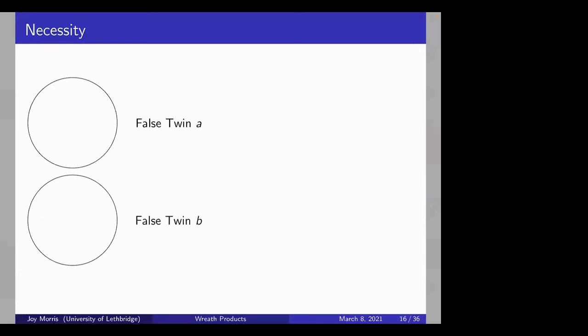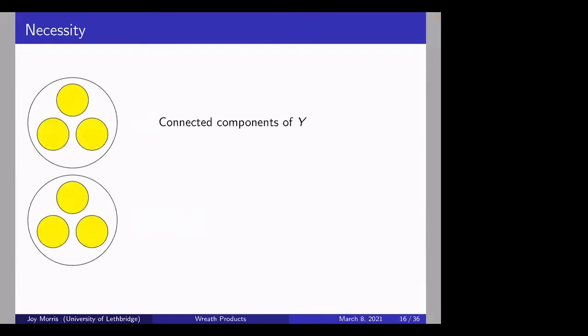And as usual in the lexicographic product, I'm going to replace each of these vertices with copies of Y. So here are some copies of Y. And remember, Y, I'm assuming, is disconnected. So it has more than one connected component. I've drawn it as though it has three, but all we care about is it has more than one. Okay, well, we can get an automorphism of this lexicographic product that does not preserve the copies just by picking a particular connected component of Y and picking the corresponding connected component of Y down here. I don't actually necessarily have to pick the corresponding one, but I do have to pick an isomorphic one.